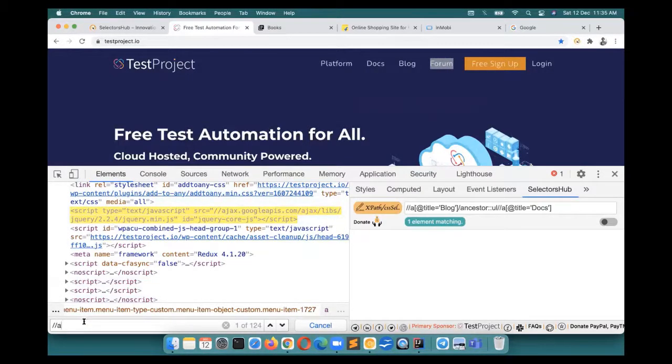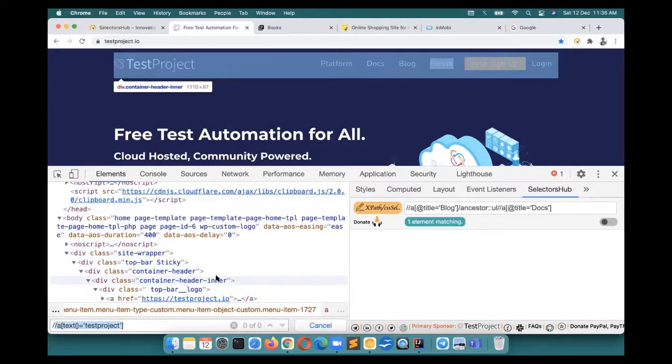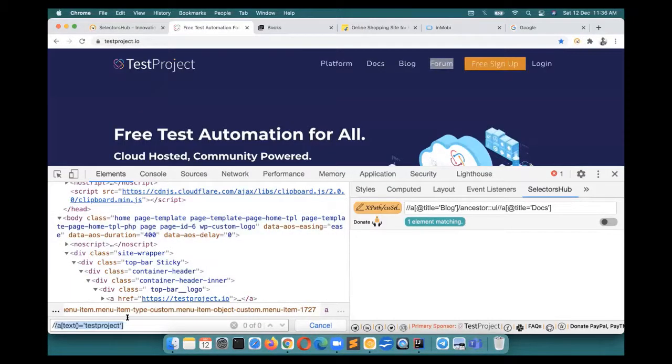Suppose you have written //a[text()='test project']. If somewhere in this DOM this string matches, then also it will show one matching node. But that doesn't mean that it is the XPath you have written. So that is the problem, that you should be aware of.